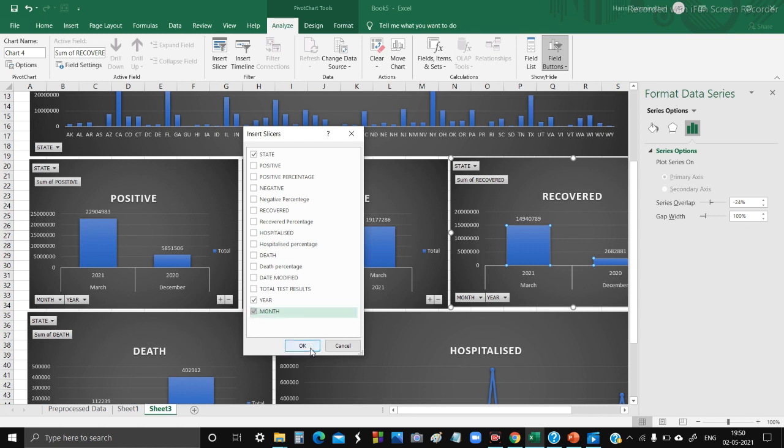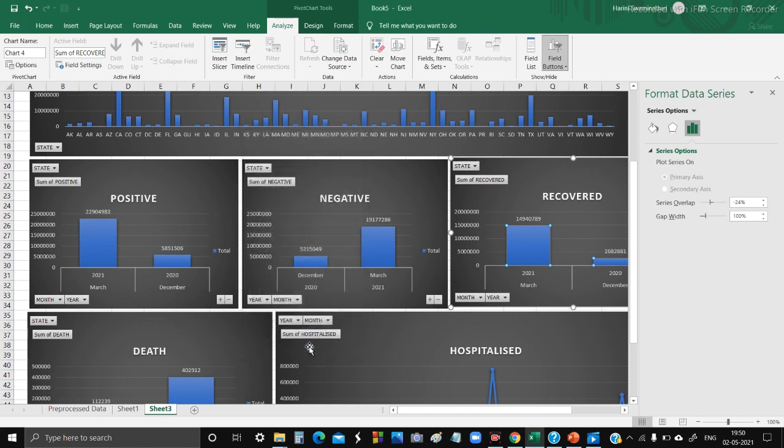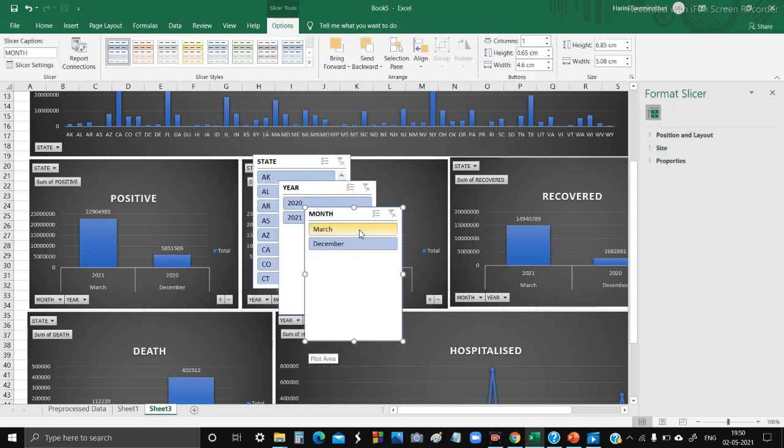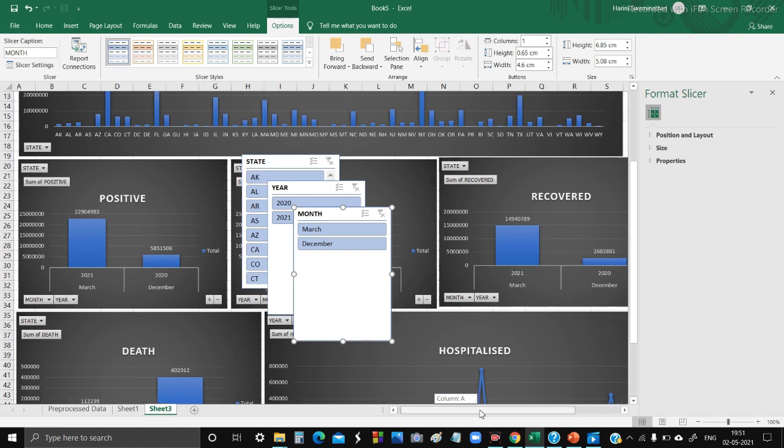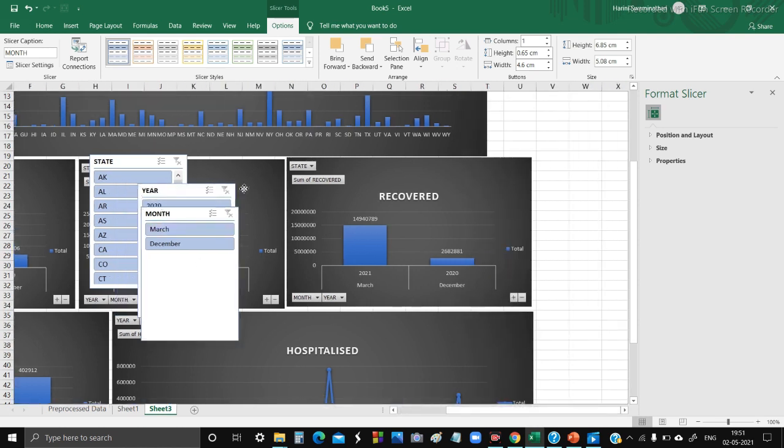On clicking any of these attributes inside the slicer, the chart should filter and display result accordingly. And that's why we are using slicer here. So on clicking any of these values, the chart must filter automatically and give us the result for the same.